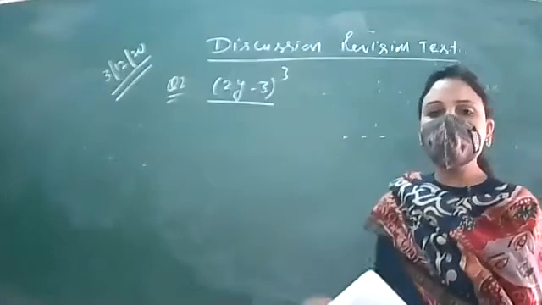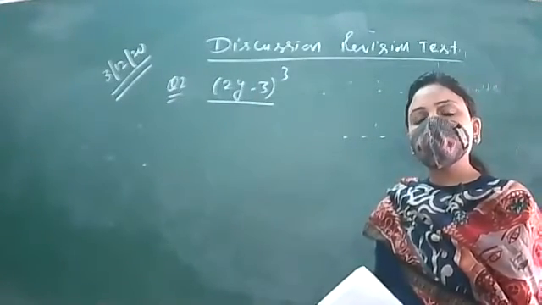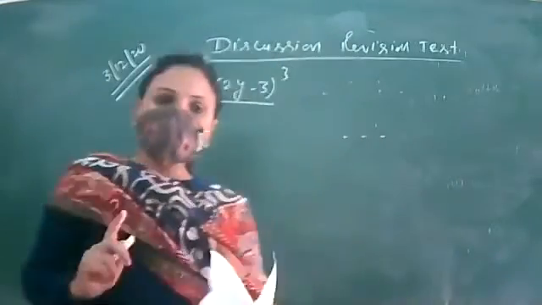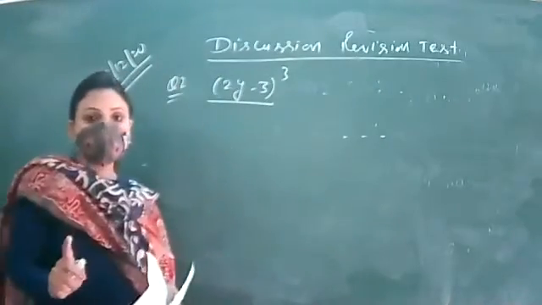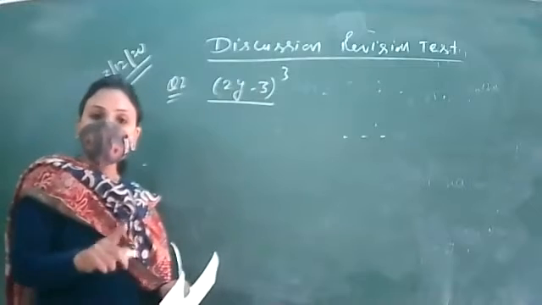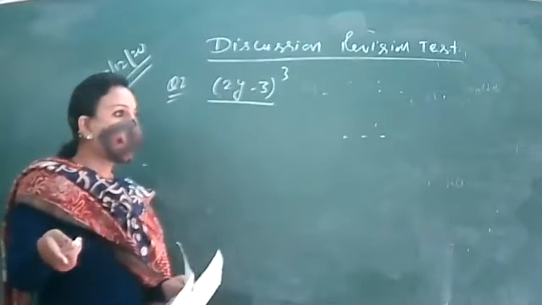So you tell what will be the coefficient of y, Hardik? First of all, we'll solve it directly. You can't say that here coefficient of y is 2. It's not like this. You can't say it like this. You firstly have to expand it by using the formula a minus b whole cube.